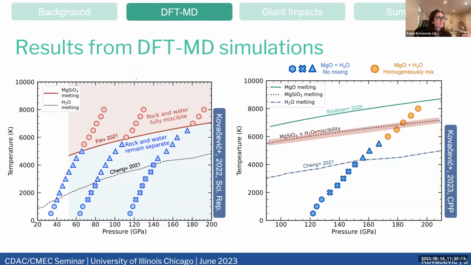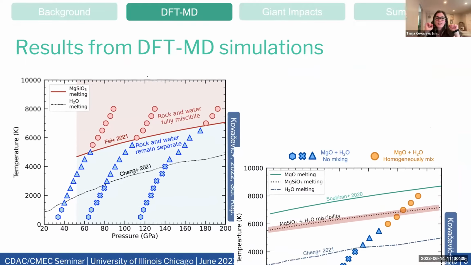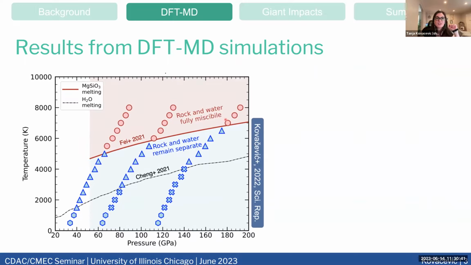And just to see where we're coming from here, I plotted the MgSiO3 and H2O miscibility curve. Again, why I'm focusing on MgSiO3 is that it takes a little bit higher temperature to get it to mix. So if Sarah's results are showing that the temperatures are achieved for mixing, then we know for sure MgO and water will mix. But I just quickly wanted to show those results. Now let's get back to the MgSiO3 and water mixing results.